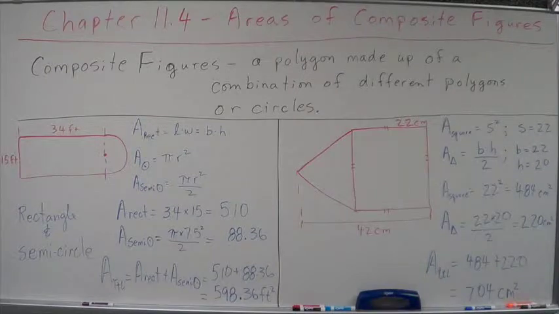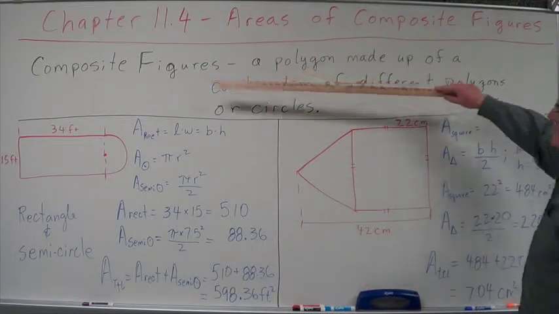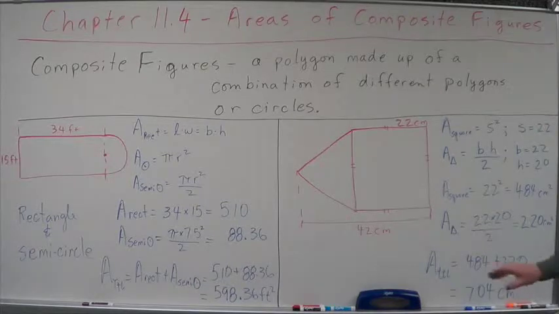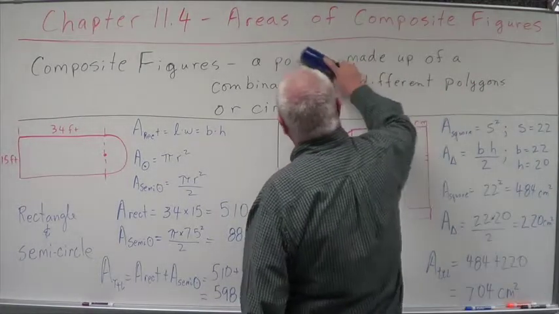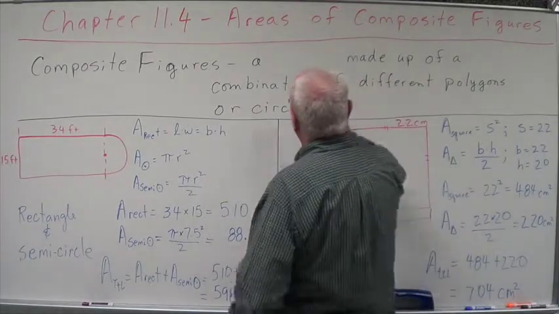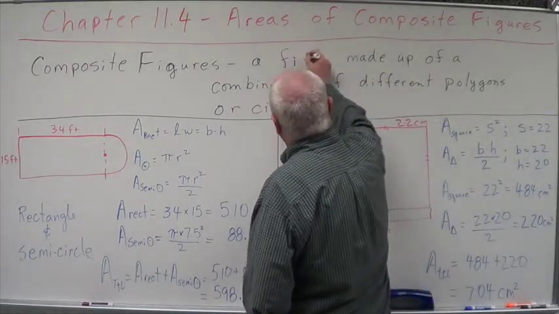Now we're going to talk about the area of composite figures. First of all, we need to know exactly what a composite figure is. Well, a composite figure is a polygon or a figure. Let's call that a figure because it may not necessarily be a polygon. It could be a circular type thing. It's a figure